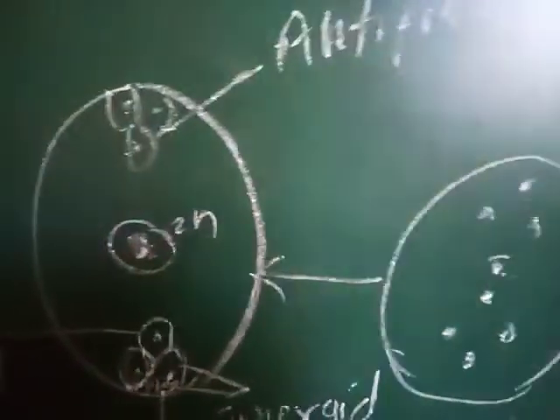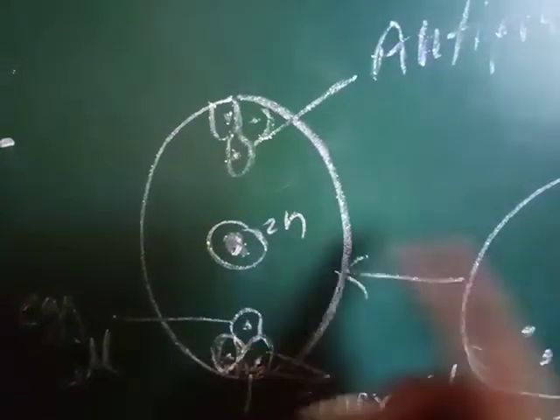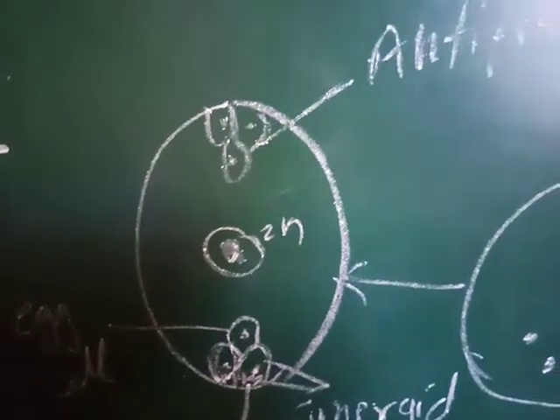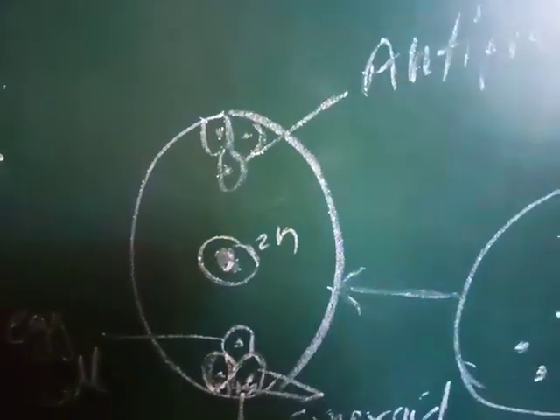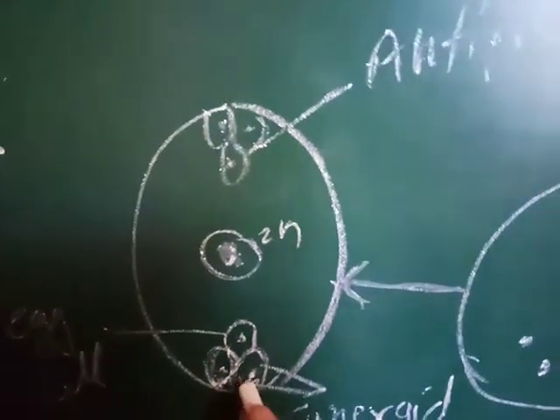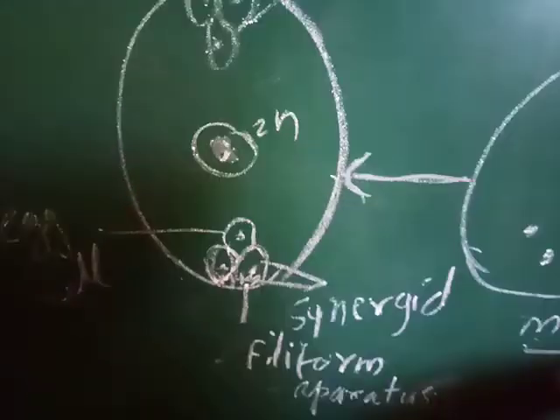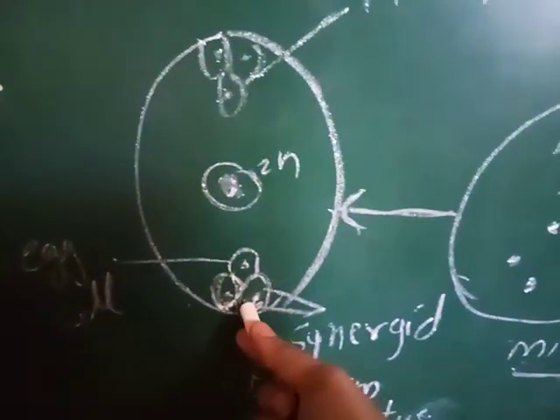Later on, these nuclei undergo cell wall formation, and the three nuclei toward the micropylar end form the three cells,